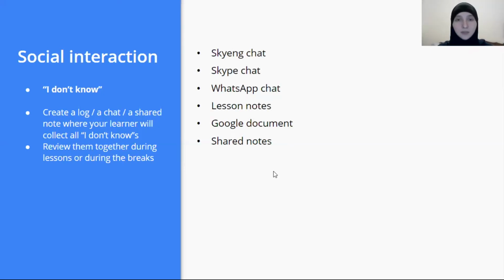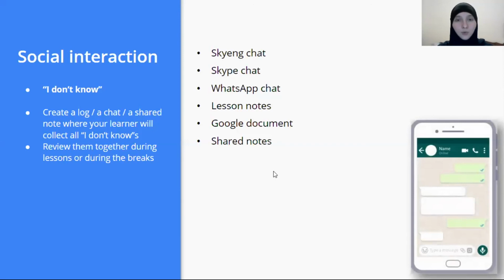So it really helps you to know what is happening, to know if your student has some problems and if there are some gaps in his or her knowledge. And all in all, it also shows your student that you care about them, that you want to know about their problems and that you are ready to help them out. So just say this outright. It's okay to send me a message. Please, let's collect all of your questions. Let's work with them and so on.